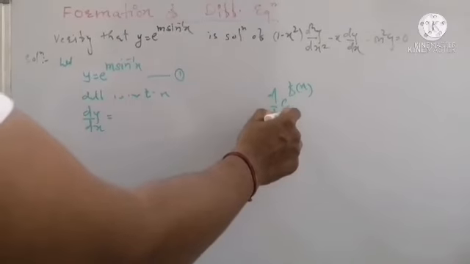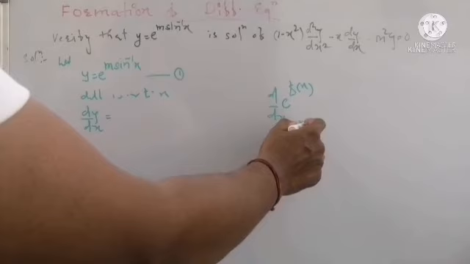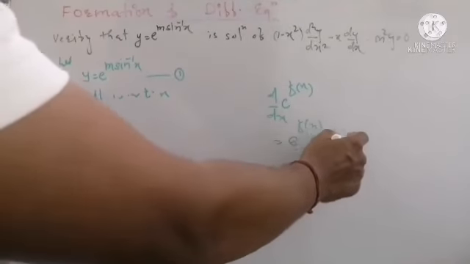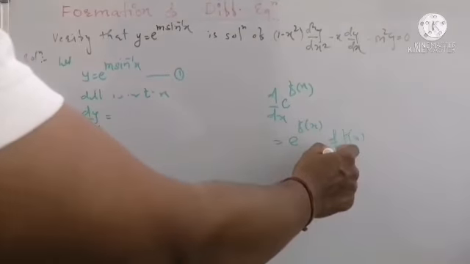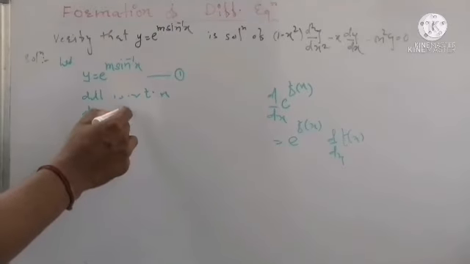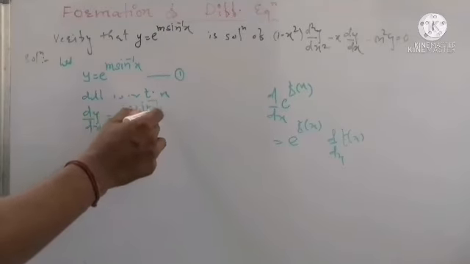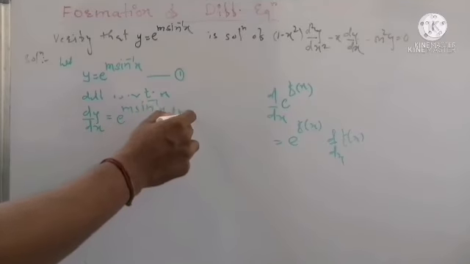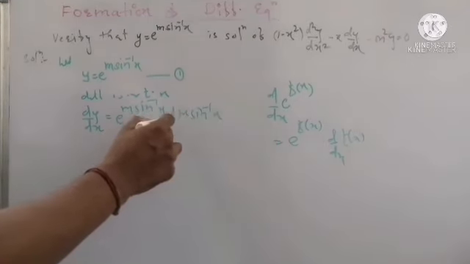Now, the derivative of such a composite function is always e raised to f of x by chain rule, multiplying the derivative of f of x with respect to x. So, the derivative of e raised to m sin inverse of x is e raised to m sin inverse of x multiplied by the derivative of m sin inverse of x with respect to x.